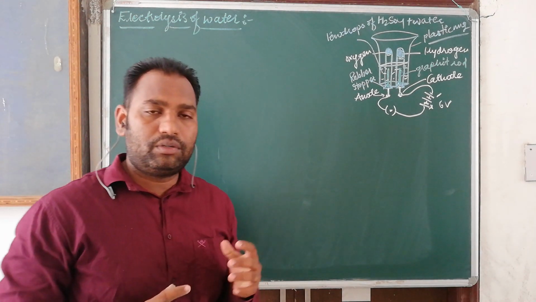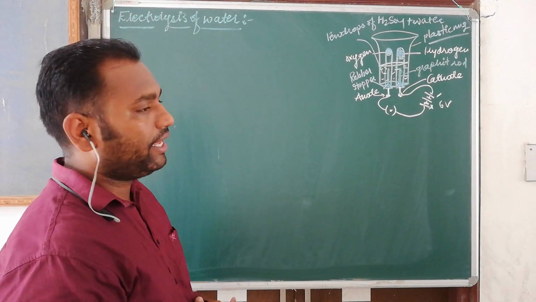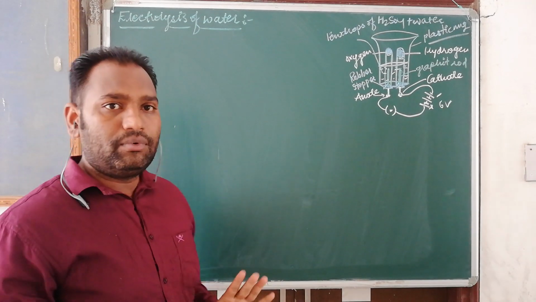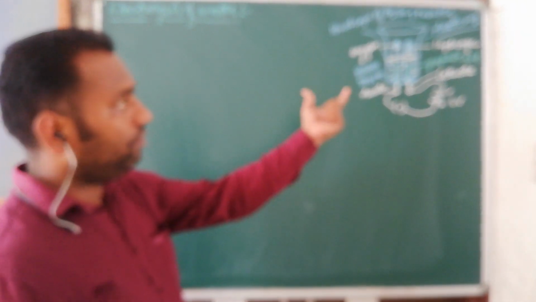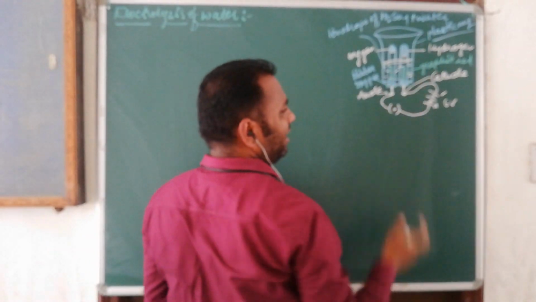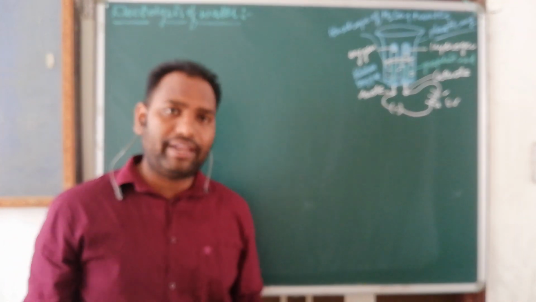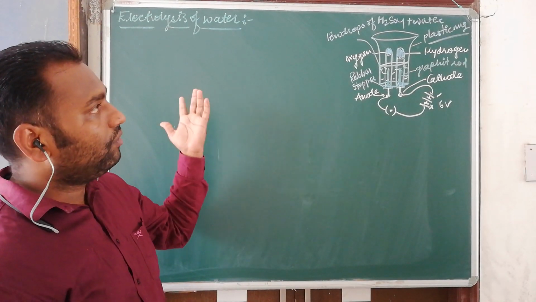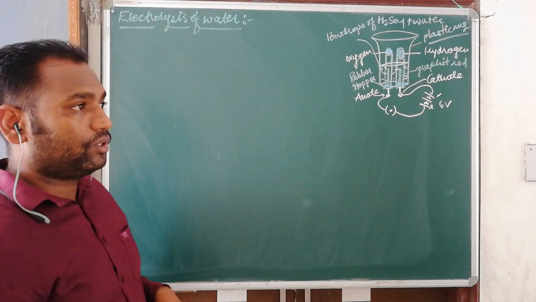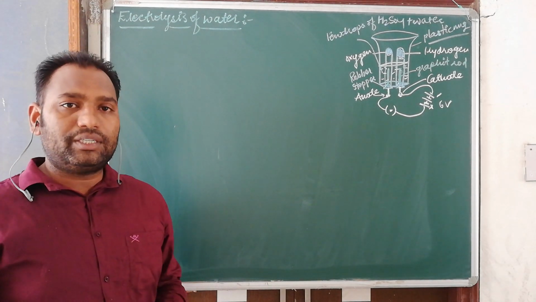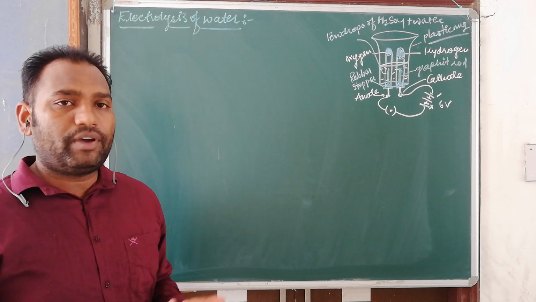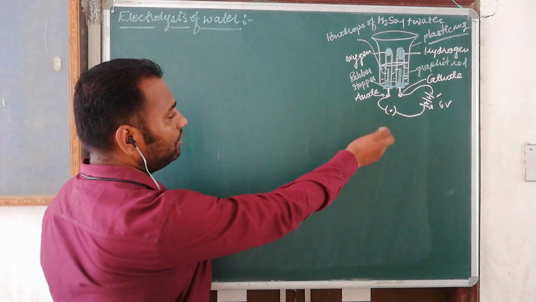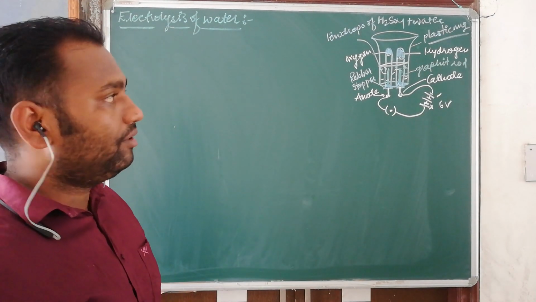Okay, students. To save time, I already drew one diagram for our electrolysis of water. It is a very simple diagram. First of all, we will take one plastic mug, and you can write in the activity form what apparatus or chemicals are required. The aim is to carry out electrolysis of water, which shows that water is composed of hydrogen and oxygen gas. Now I have to tell the procedure.